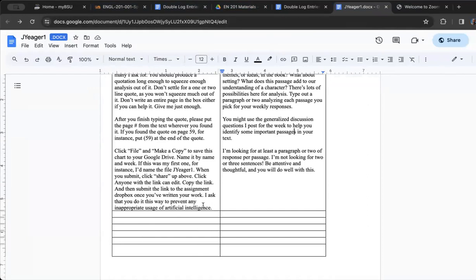To come up with a good passage, oftentimes in these works there are big speeches. Maybe there's a really interesting description that you find curious. When we get to plays, maybe there's a dialogue between characters that you find interesting. Whatever the case is, that'll make room for a good response.